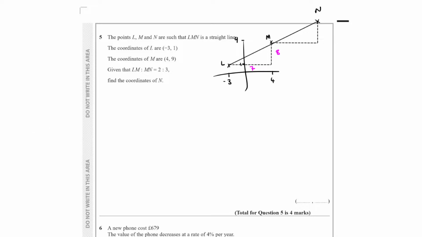Okay, so what I mean by that is now we need to look at the ratio. They've said that L to M is like 2 parts, and then M to N is 3 parts. Obviously, that's a little bit bigger, isn't it, M to N? So 2 to 3. Now, if we're just looking at the horizontal or the x-axis, let's say that, x-axis,